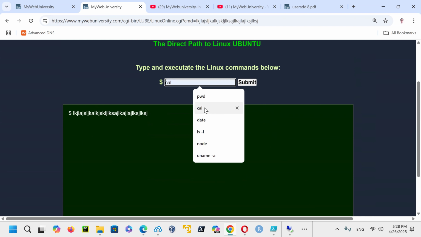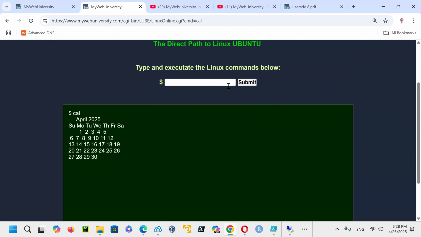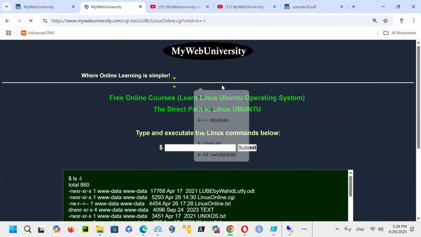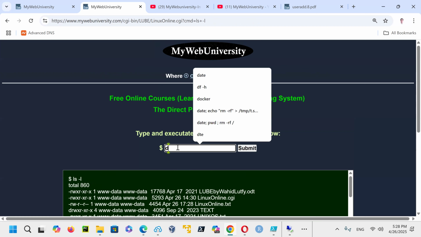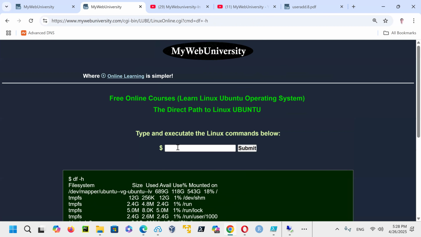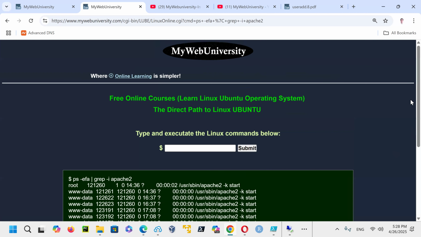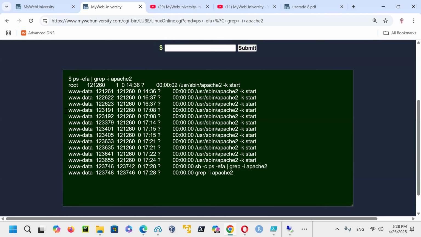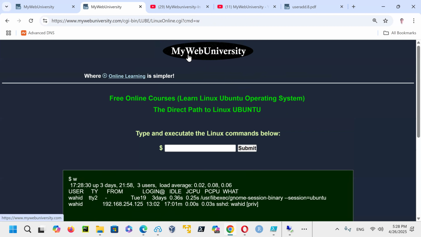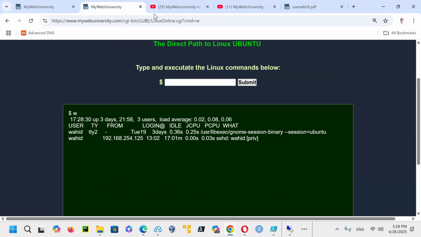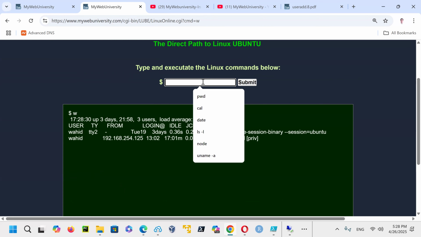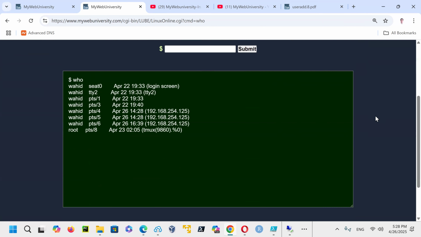But if you type in a valid command like calendar, you just get the output of it. Give me a list of the commands, it does that. Give me a df command -h, it does that. So ps -ef and grep -i apache2, you can see that was a valid command that I showed you on this one, and I'm allowing it here too. So if I just say run the who command, the output is going to show you the users that are currently on the system. So if you say who command that shows who, it runs that one.